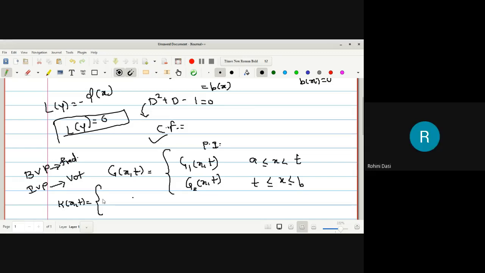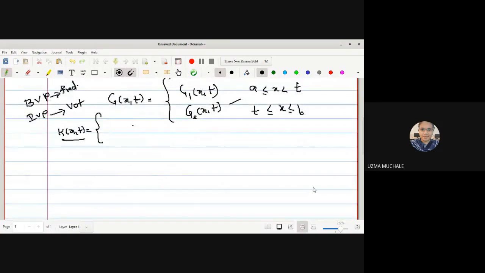Yes, ma'am. Okay, so here we have solved any boundary value problem or initial value problem, and we have found k of x,t in two different intervals. In a very similar way, here also the boundary value problem is given and it is converted into a Fredholm equation. So g of x,t is a solution of our given equation, provided in two different intervals, that is g1 of x,t and g2 of x,t. g1 is a function in the interval a to t, and from t to b it is some other function. This is the assumption given by Green.